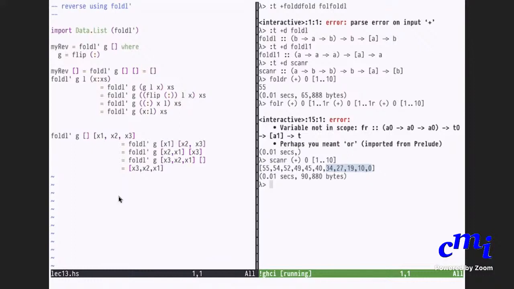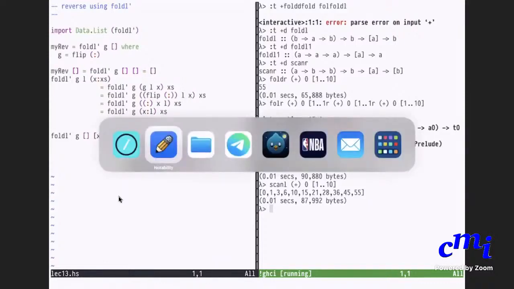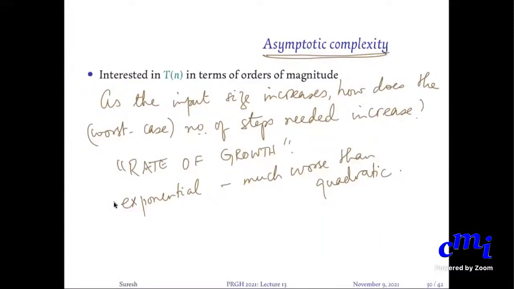And similar to foldl, you have scanl. So if you do scanl, you will get it from the left. You'll say, originally my initial value is 0, then I do 0 plus 1, then 0 plus 1 plus 2, then 0 plus 1 plus 2 plus 3, and so on and so forth. So just remember that just like foldr and foldl, you can also do scanr and scanl. Fine, I'll stop with this. Any questions so far? When we meet next, we'll start on sorting.